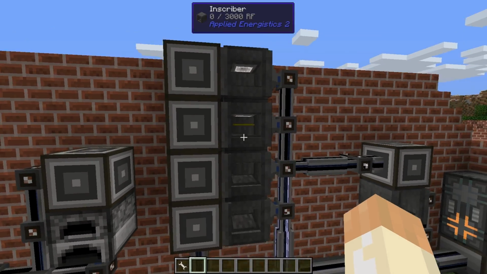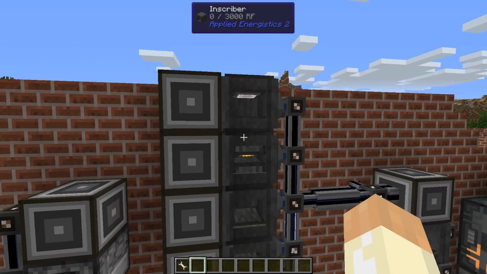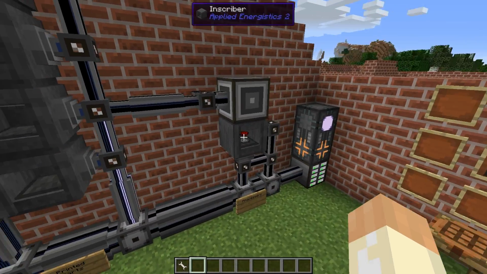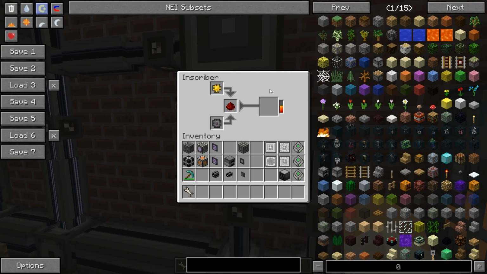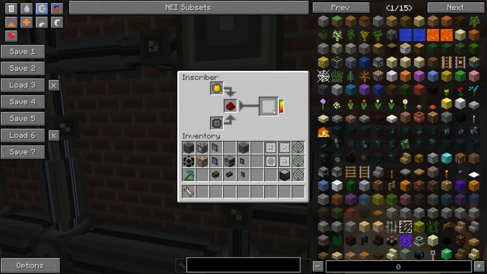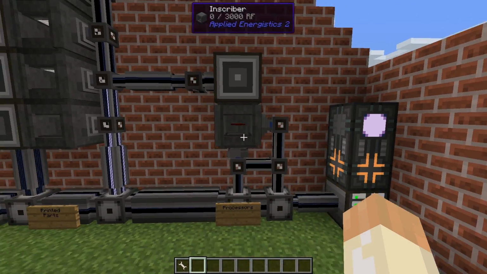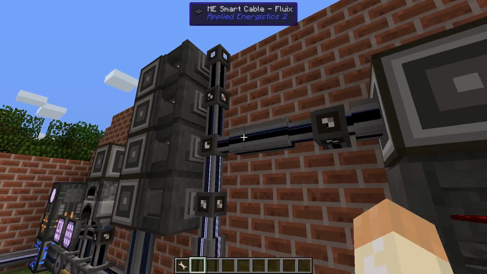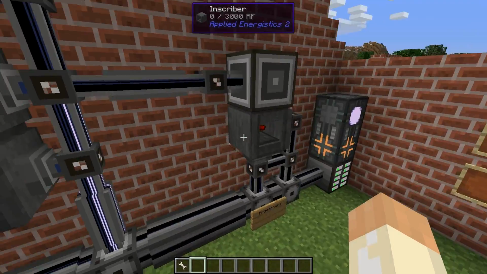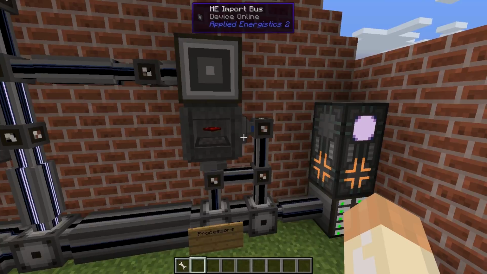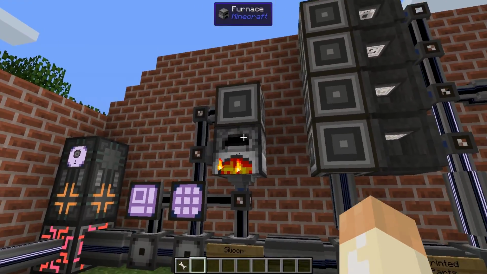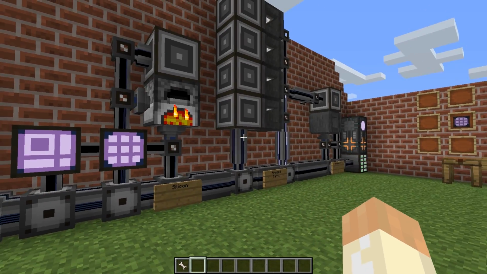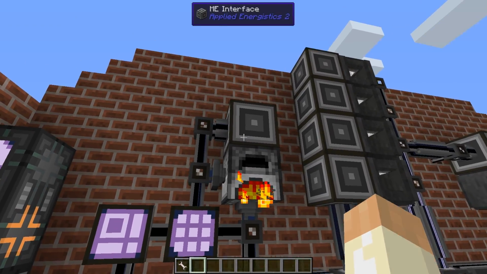So now we can see here, we have some gold being sent over there, and all of a sudden it ends up in this inscriber, and then we get the processor. And this inscriber is filled up with, I missed it, a print from here, I think. Oh yeah, it's crafting. That's perfect. That means I can start with this